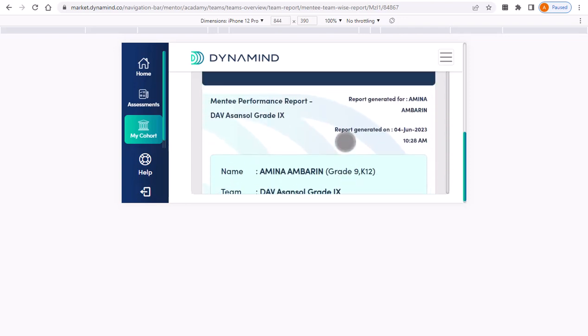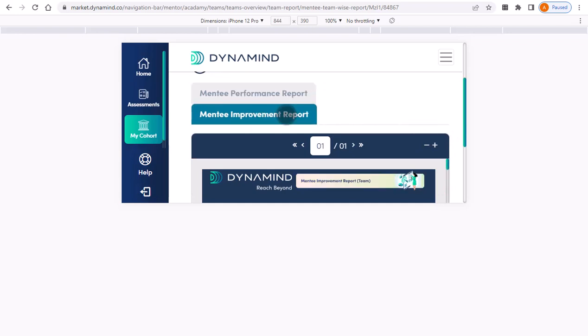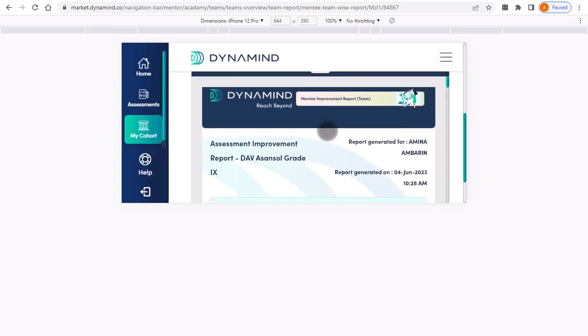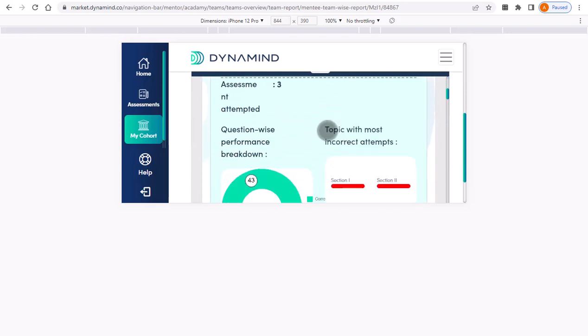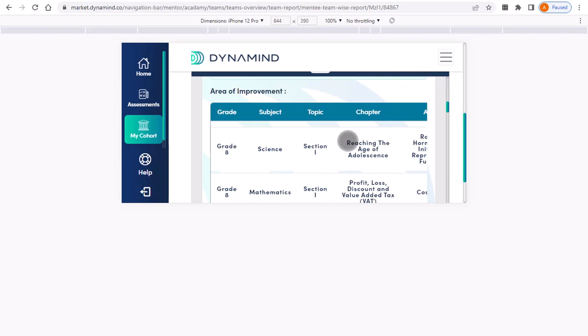When you go to the top, you will also see a very interesting report called Mentee Improvement Report. If you click on this, it will suggest the areas where this child can work to improve herself. So this is where you see various sections: correct, incorrect, and interestingly, this is where you see a very interesting report